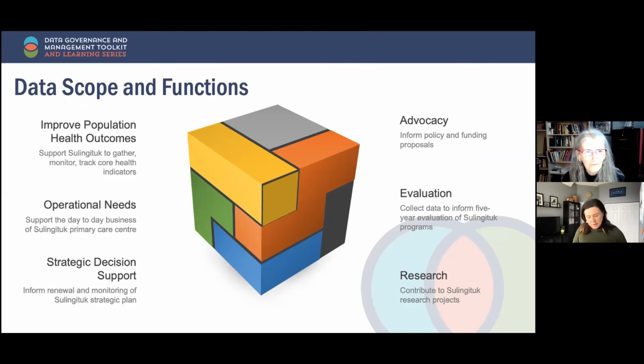Thanks. So some of those principles then help us shape how we go about carrying out our functions in data. So how do we see this as governments? What are some of the things that we would want to do with data? So we want to improve the outcomes of our citizens, right? So the data will help this government gather, monitor, and track core health indicators. That's an example. This is a choice that's being made, like which of these functions you might want to prioritize or focus on at a given time.